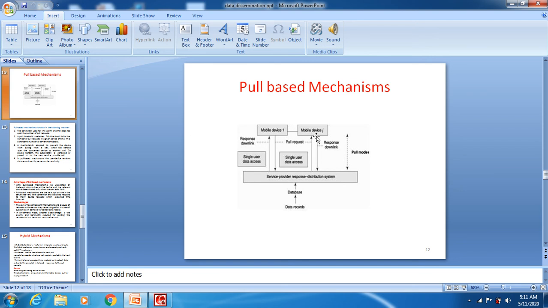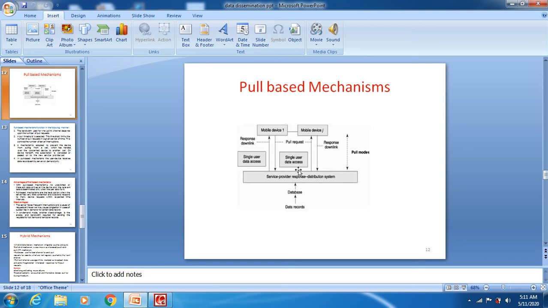The mobile devices are the clients, and the service provider is the server. First, the client will send a pull request to the server. I want to download this particular song, I want to download this particular ringtone. In that way we are requesting the server. Then only the server will respond to the client. So this is called a pull based mechanism.